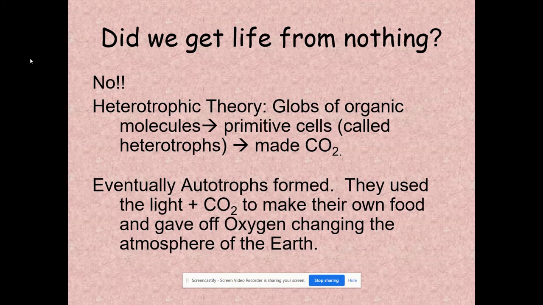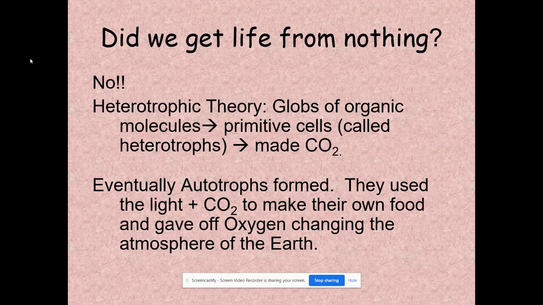Well, something came about, possibly mutation. Eventually, autotrophs came about. They used the carbon dioxide along with light to make their own food. So autotrophs came second. So if they ask you what came first, the heterotroph or the autotroph, the answer, heterotrophs, good. And then once the autotrophs came, they started making oxygen and other things were allowed to evolve from that.